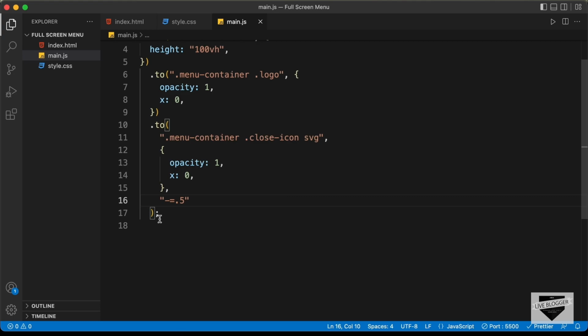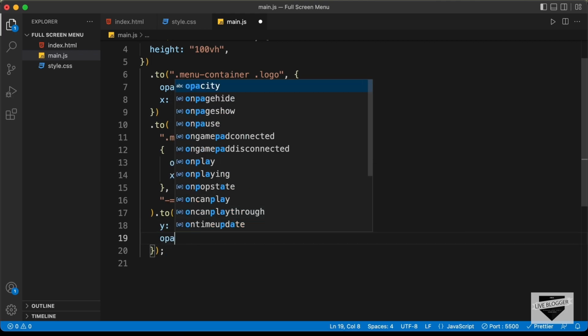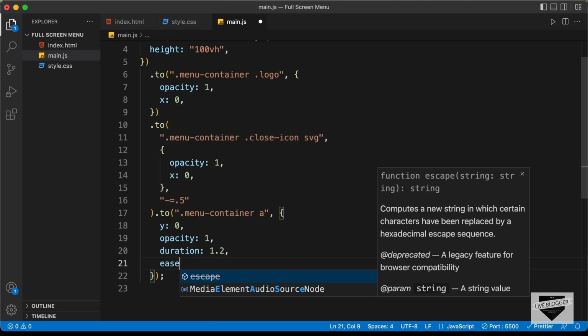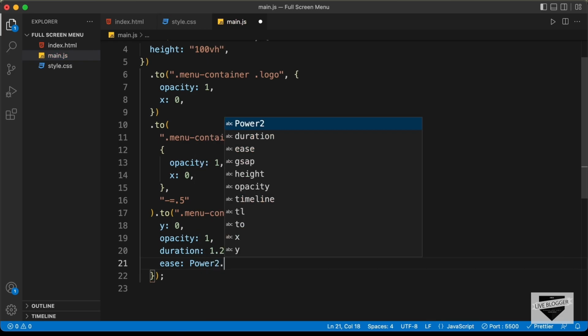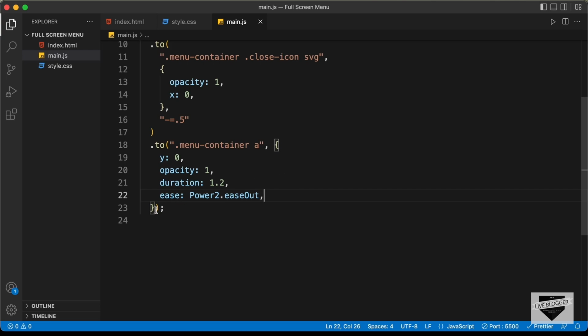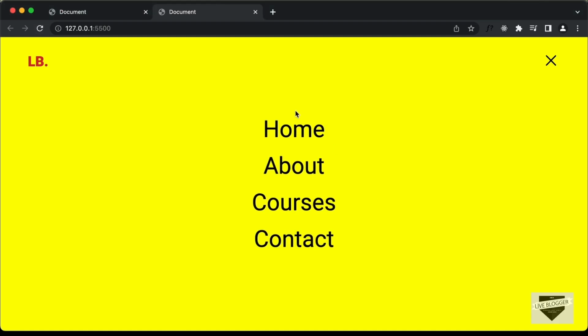Right now let's move on to the next one, which is the anchor tags. So let's type .to, and let's type .menu-container a for the anchor tags. And for the anchor tags we need to set the Y value to 0, and we also need to set the opacity to 1, and we'll set the duration to 1.2 seconds, and we'll also add an ease, and let's set the ease to power2.easeOut, and we want to display this also a little earlier. So here I'll just type minus equals, and let's type 0.4. Let's see how it looks,